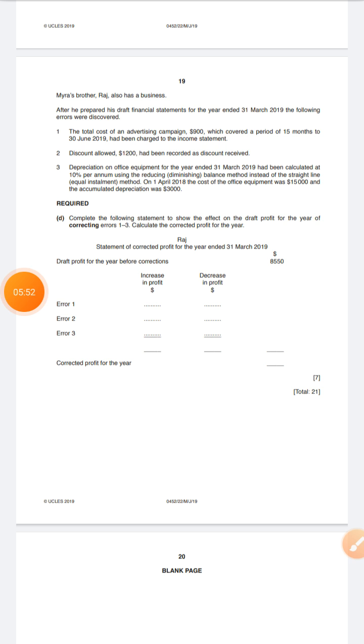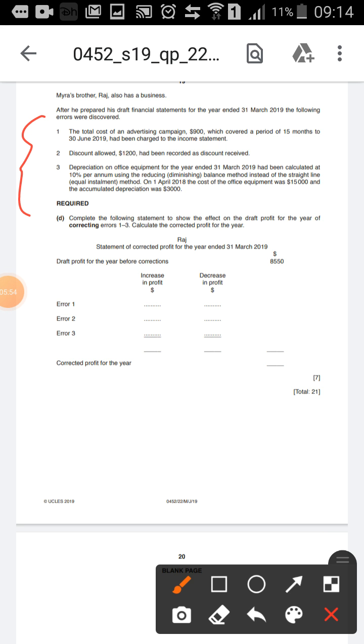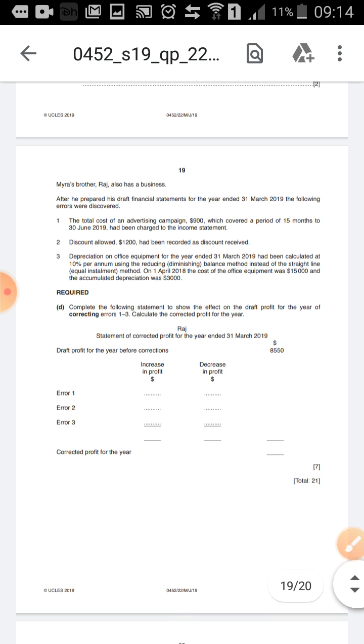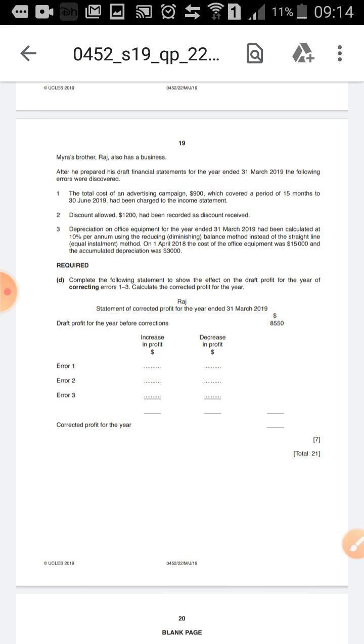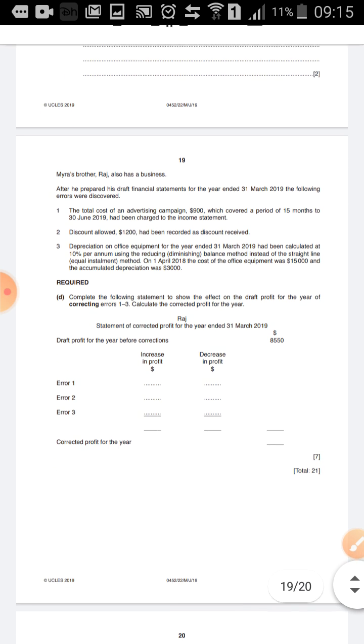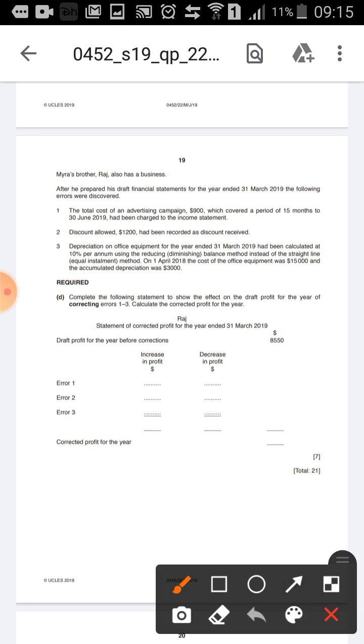Acha, before that, let's do this sum. There are certain errors, and we need to judge whether they are going to increase the profit or decrease the profit. Let's first do this, and then I'll tell you the reasons. So the total cost of an advertising campaign, after he prepared the financial statement, here and there, the following errors were discovered. Okay. ओके डूड, सो दिस थिंग लाइक एडवर्टाइजिंग कैंपेन पे 900 रुपये खर्चा हुआ, लेकिन ये 900 रुपये 15 महीने